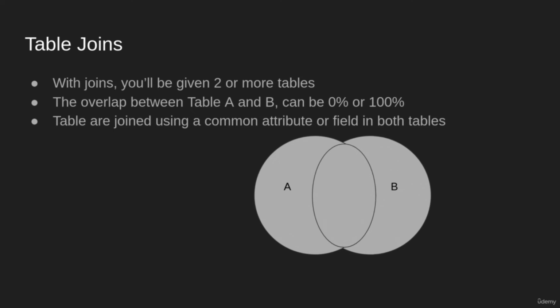Tables are joined using a common attribute or field. What that basically means is, if we think about our movie table, the movie table data set that we've been using, I think there's a title ID in the actual table itself. If we had a secondary table with additional movie attributes, that table would potentially have a title ID, and we would join one table to the other